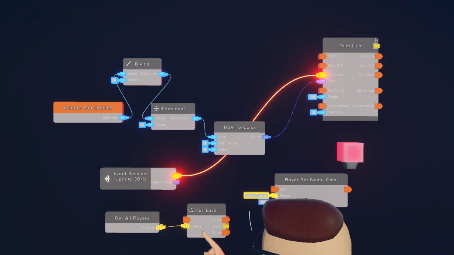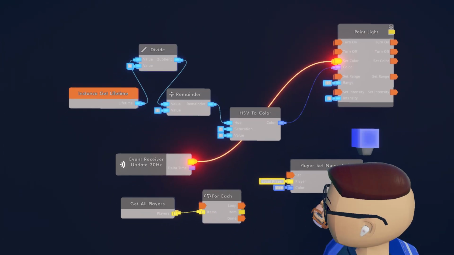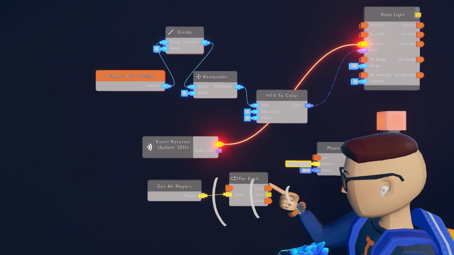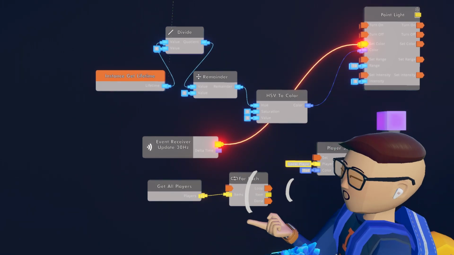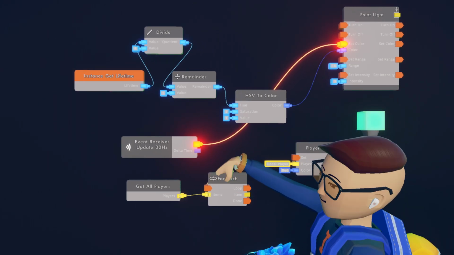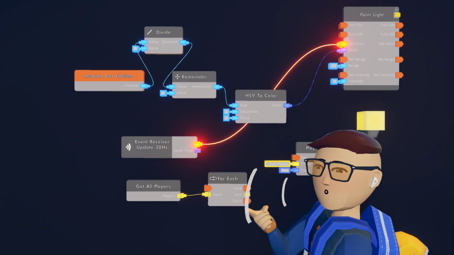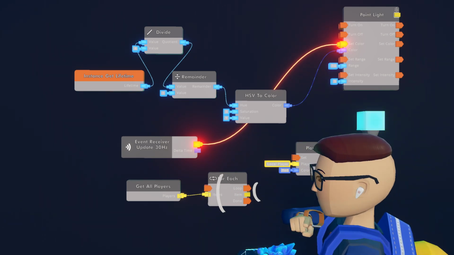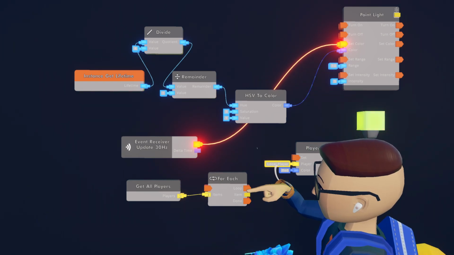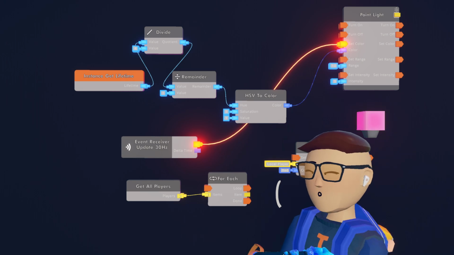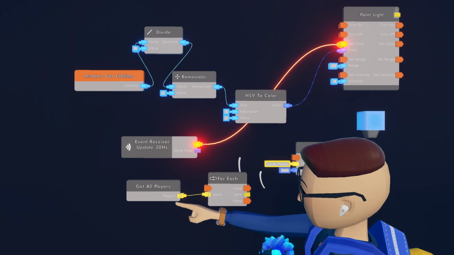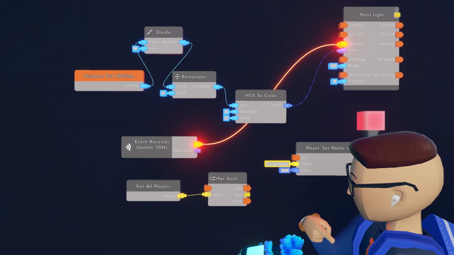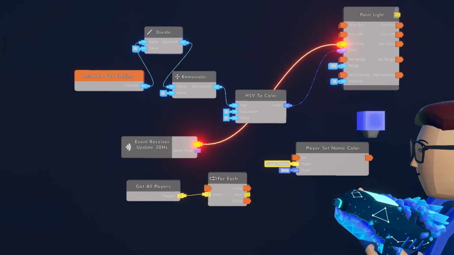You'll see this takes a list. It takes an execution input, has a loop execution output, an item output, and a done. So you're probably wondering why it has two execution outputs. Basically what this does is when you run it, it will take this list of items, and for every item in the list, it will run this loop exec, and it will set item to that value in the list. So it'll run loop and set item at one point to every player in the room currently, because that's what I have it connected to. This is a list of players, so this item port will always be of the type player. And then when that's done, it'll run done.